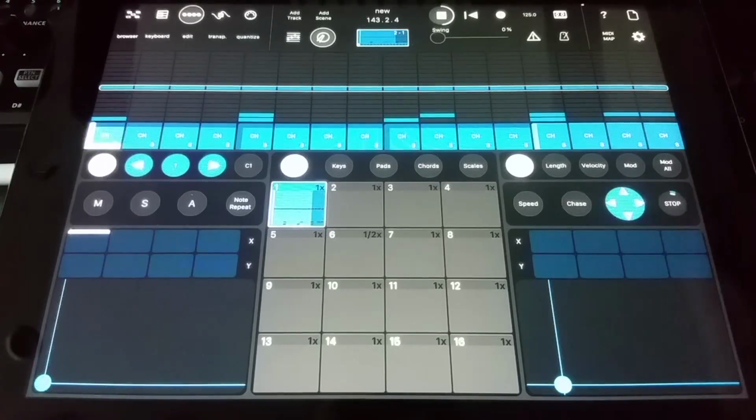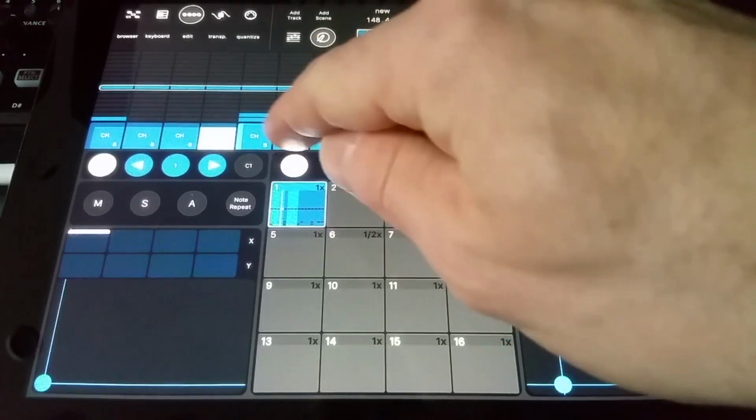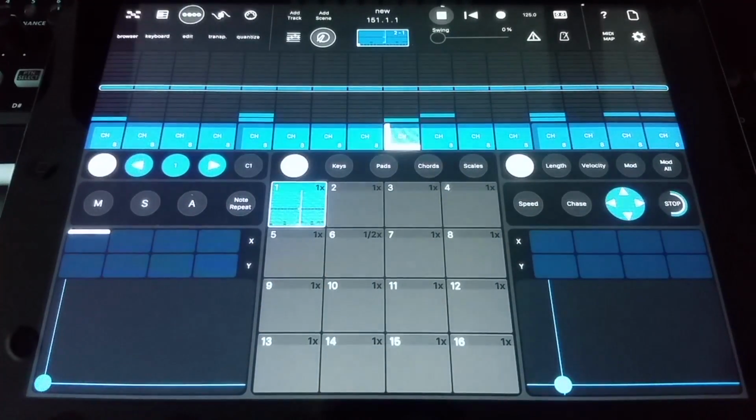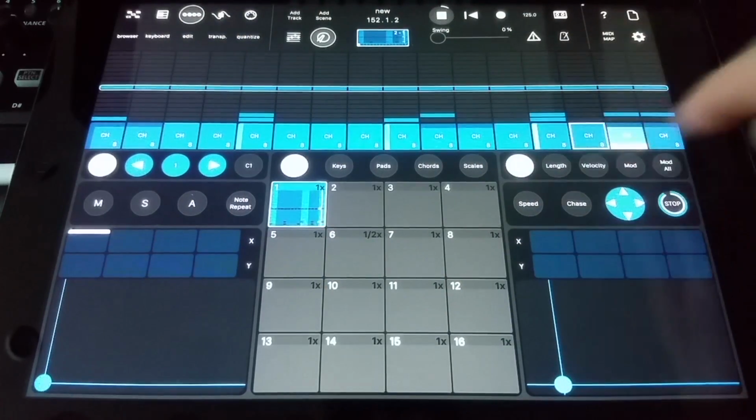Sorry. So it's now 1, 2, 3, 1, 2, 3, 1, 2, 3. So you can get some quite nice, there's just 2 beats. You can do little weird effects and stuff with it